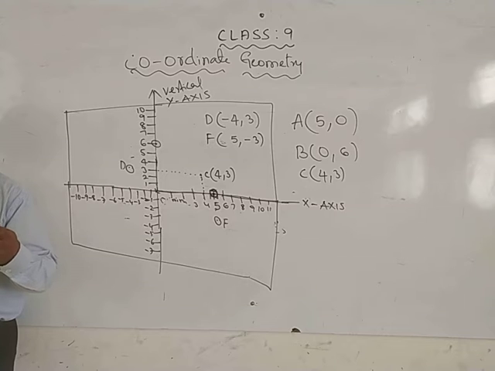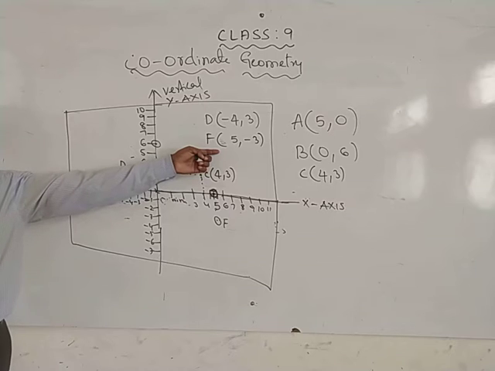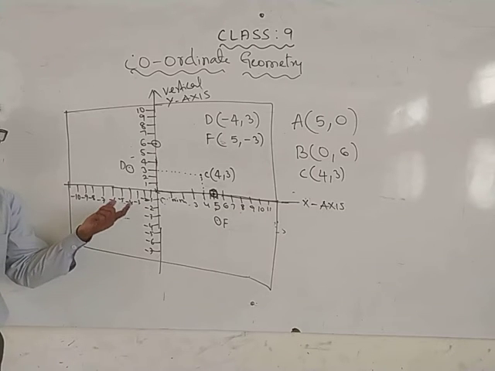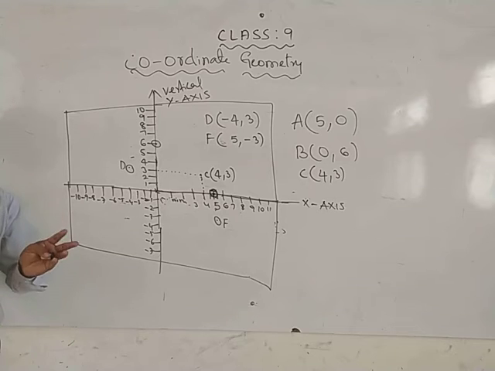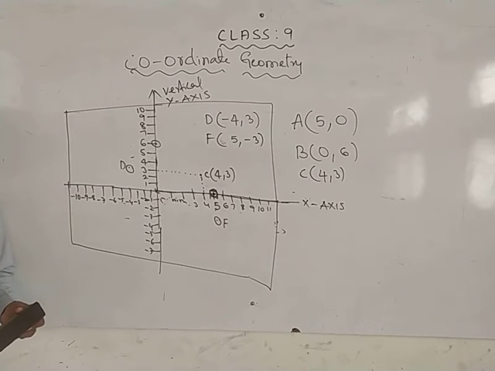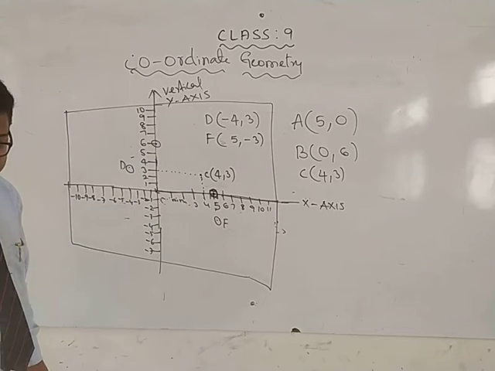So all 3 types come. What is the first type? Name the quadrant. Second, just telling the name of the point where it is located. Third, given points must be located on the number line or on the Cartesian plane. So these are the 3 types of problems total in your chapter. But they will be asking in different types of exercises. Did you understand? One more time I will tell.